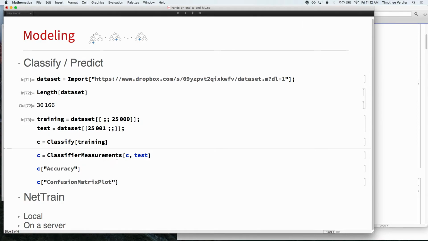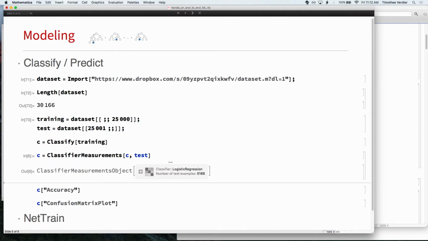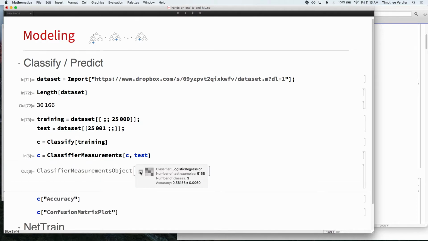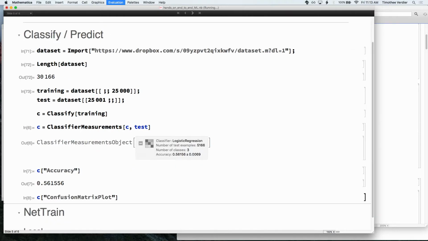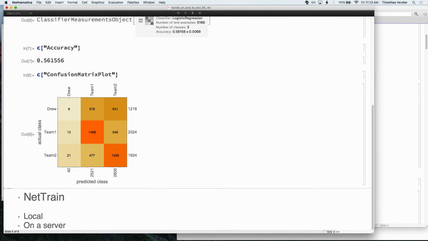Okay, but anyway, it's trained. And then you can use classifier measurements to measure how good the thing is on a test set. So apparently we got 56% of matches right in that case. And you can look at things like accuracy, the confusion matrix, that are useful to